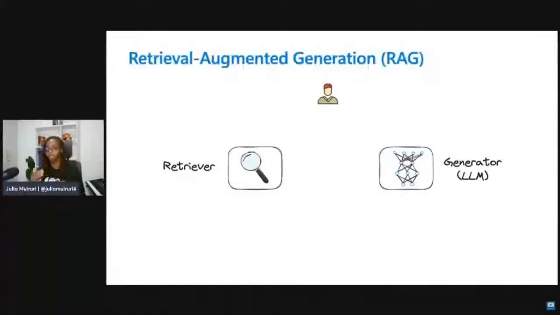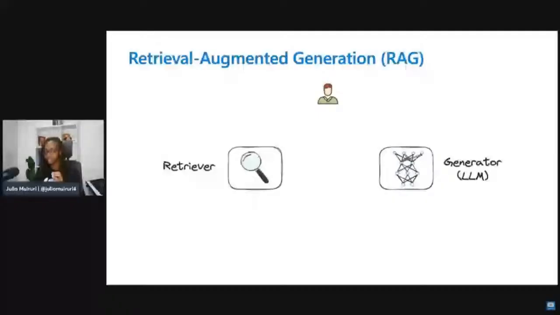So when you're talking about RAG, just a quick overview, and if you've showed up in most of our sessions, this might look like a repetition of what we've covered before, but let me just quickly walk through it for the sake of those who've just joined us. RAG is in real sense just a combination of two components. We have a retriever and we have a generator.